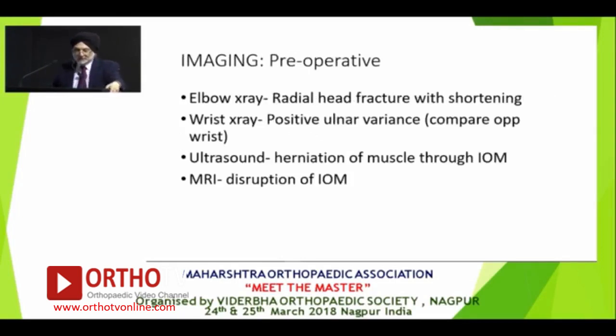So what are the imaging you need? You need elbow x-ray, of course. You need a wrist x-ray. So every radial head fracture where there's significant comminution, you need to do an elbow, a wrist x-ray as well. Ultrasound, it depends if you've got a good ultrasonographer. MRI, we don't tend to use it. We just look at the DRUJ, proximal radial ulnar joint, and we decide if that radial head needs to be